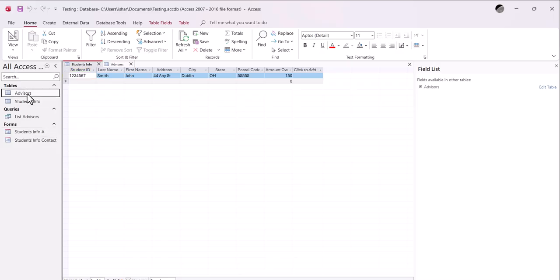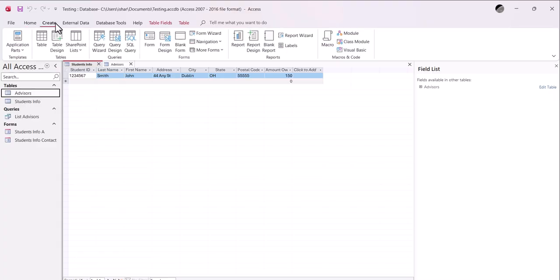Now if you're going to take something like a query like you did here with the list of advisors, and you want to print it out, a lot of times you can print out just queries the way it is, you can print out forms the way it is, but reports give you a little more design aspects to it. So if I click on create, I can actually go in and click on report. You can see that you have the same type of options you have for form. You can go to report design. It's going to be a little more complicated for advanced users. If I do report,